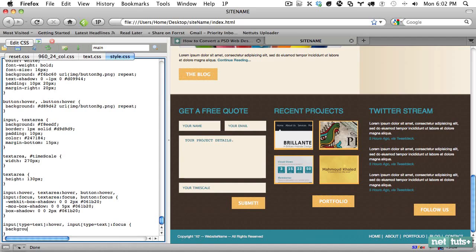Let's try that one out, and we'll give it a background color of something slightly darker, and we'll try out EDDBC0. And now when I hover over these, can you see that we get a different background color? But again, that's only being applied to the text inputs themselves. If you want to do the text area, we could try maybe placing it within here. Let's try that. Okay, that works, but the only thing is now the button is being overridden because there's more